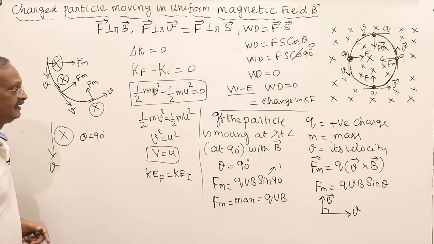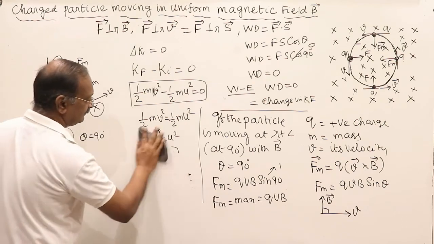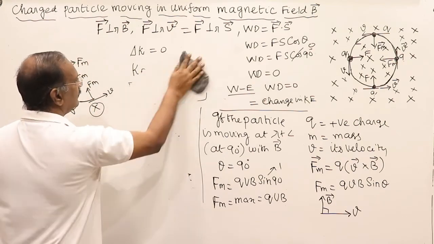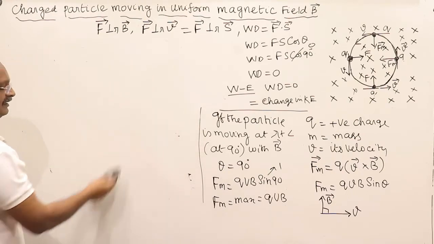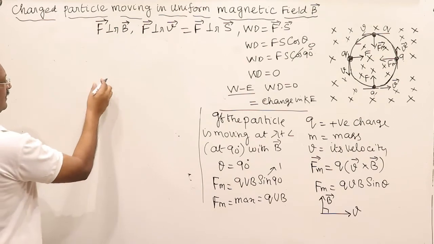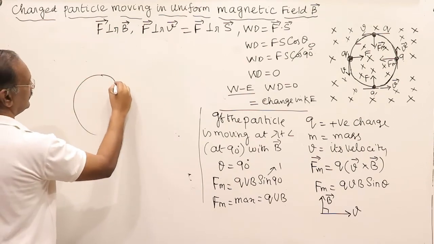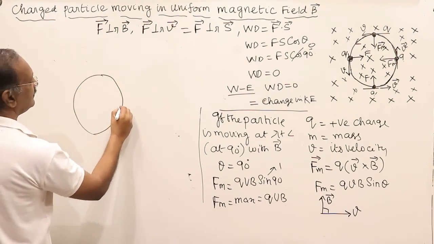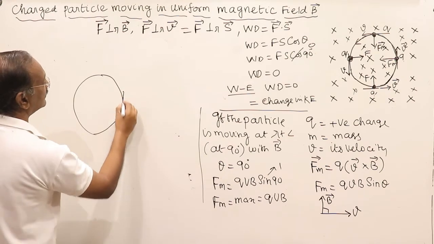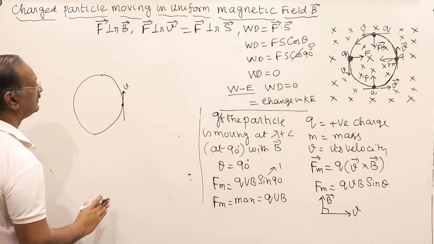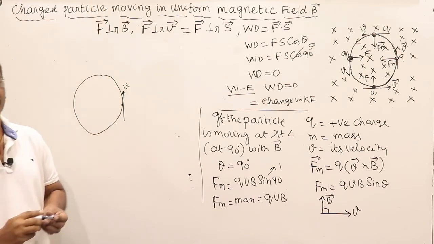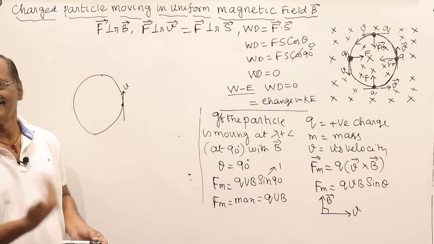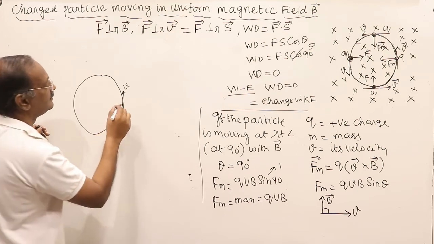So we have already seen that for a body to move in a circular fashion, see, this body is moving in a circular fashion. What are the things that happen? At this point the velocity will be like this. The particle will tend to move this way due to inertia of direction, because it cannot change its direction by its own. So there has to be some force,